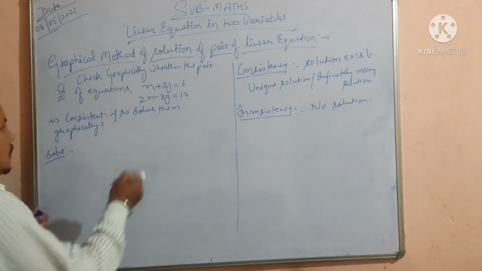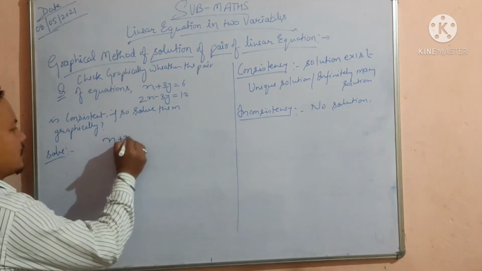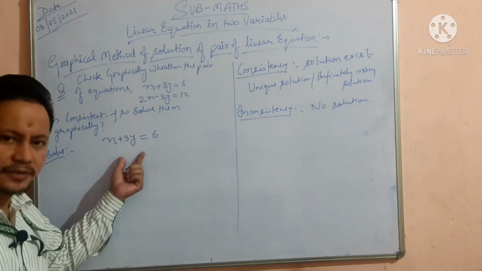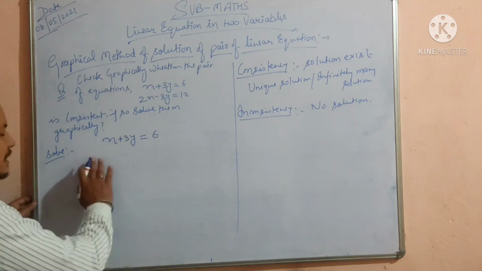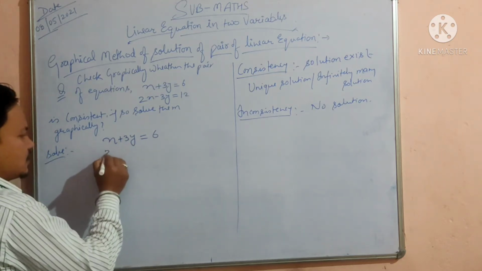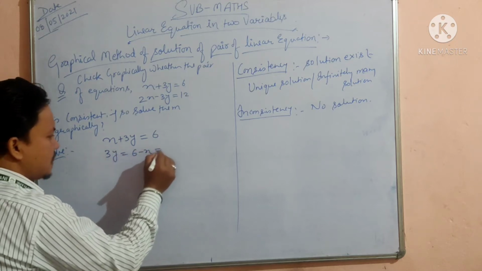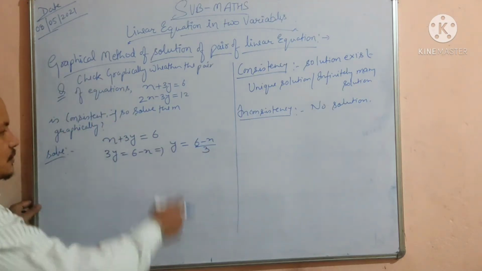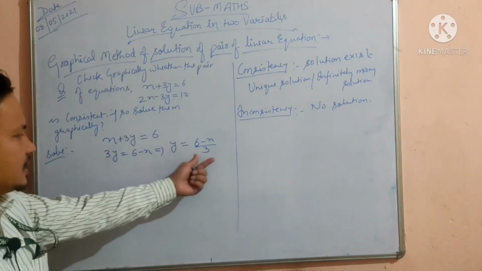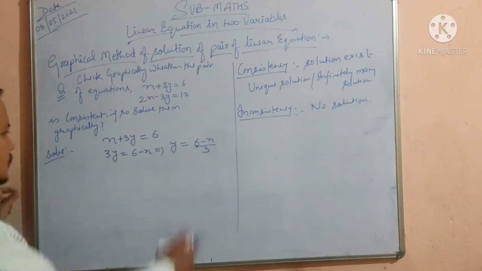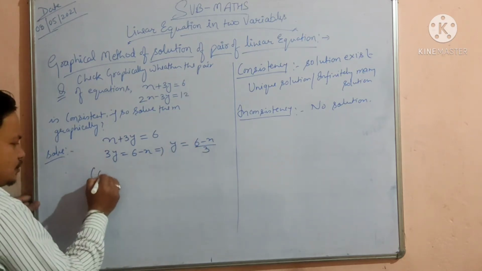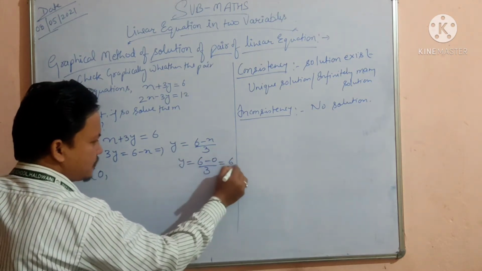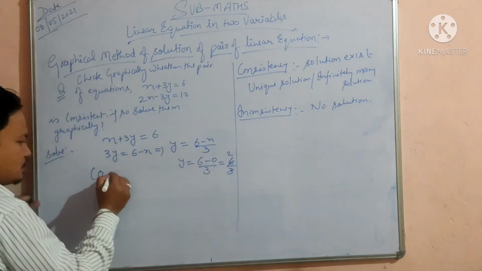So the very first equation, x plus 3y equal to 6. First we have to find the coordinates for this particular line. To find the coordinates, we have to isolate y. So 3y is equal to 6 minus x, and from here we get y is equal to (6 minus x) upon 3. Now substitute the value of x here, because x is the independent variable and y depends on it. If we put x as 0, then y is equal to (6 minus 0) upon 3, that is 6 upon 3. It means the value of y will be 2.